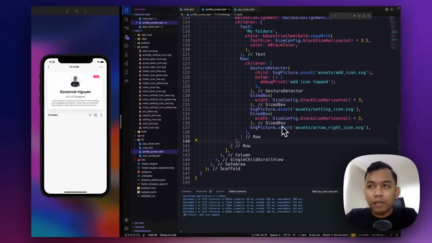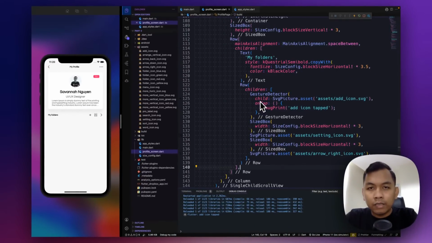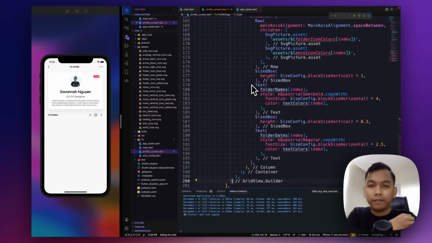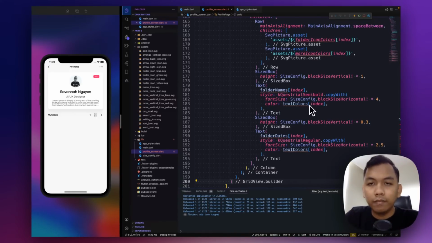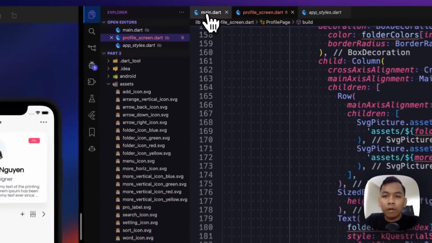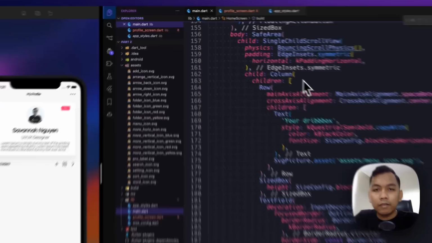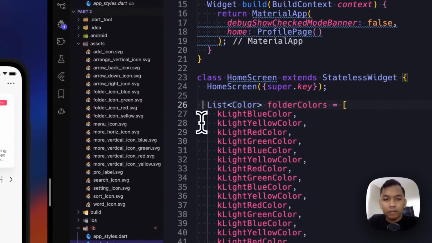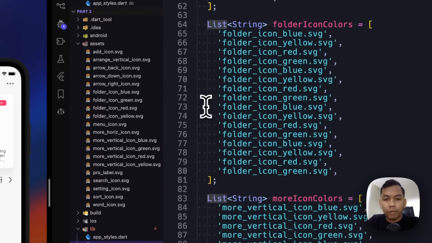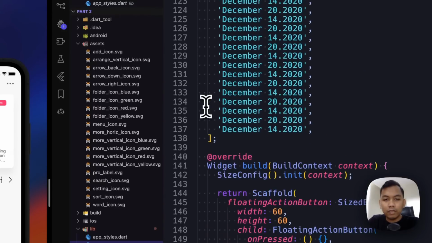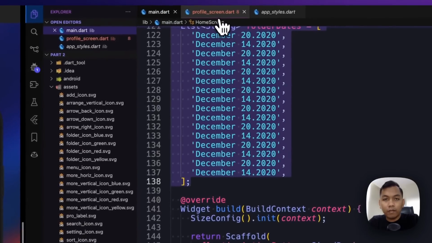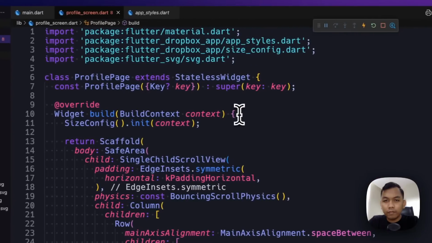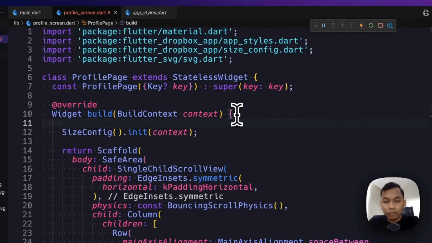And it will be below the row widget here. And we need to copy such as folder names, folder icon. So copy this and paste here.